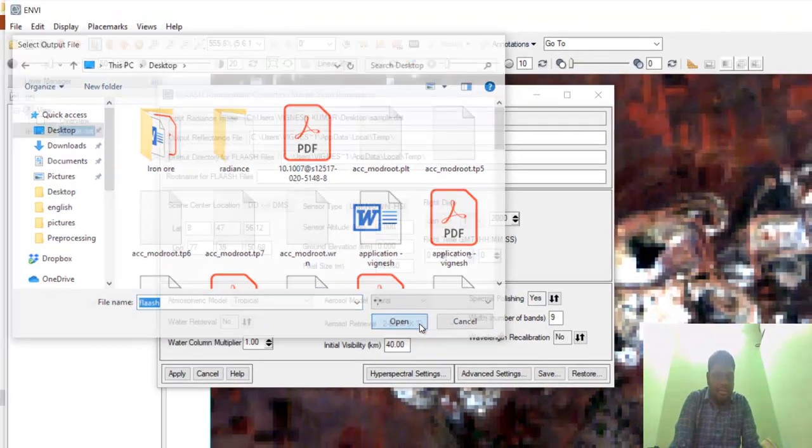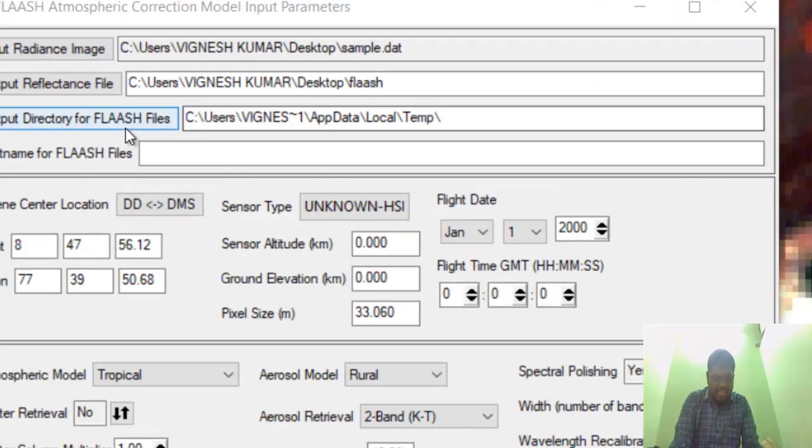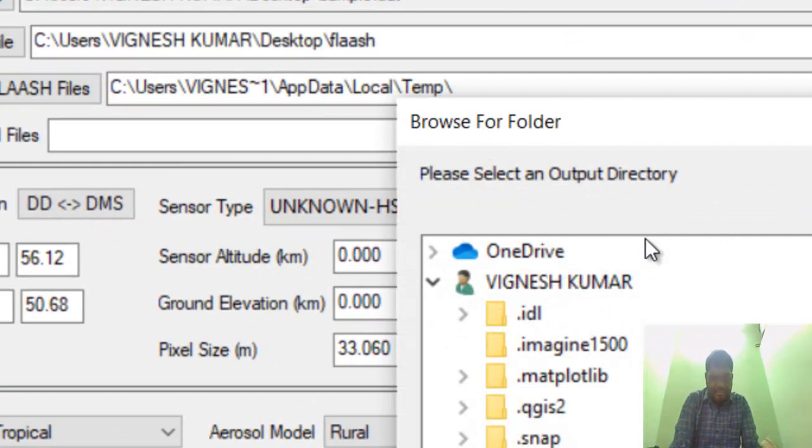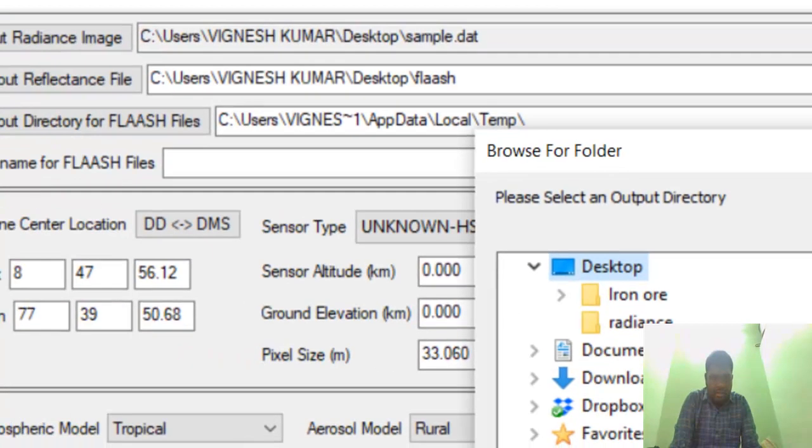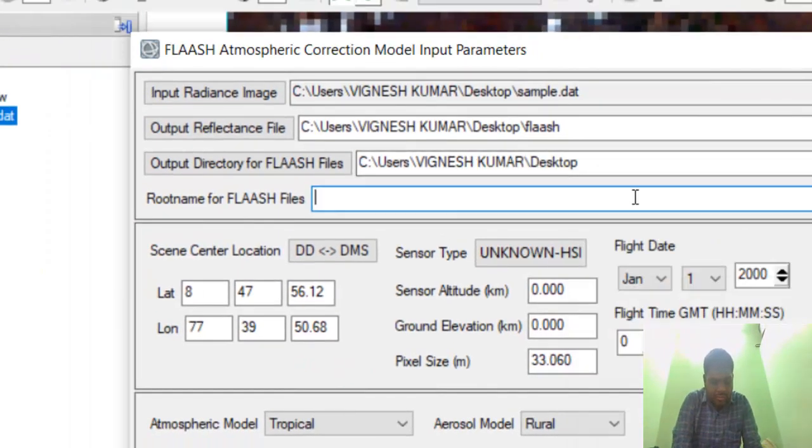FLAASH, and this is the directory where you want to save it, and the root name also you can give, but it's not necessary.